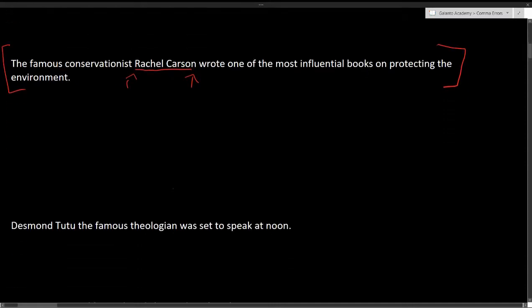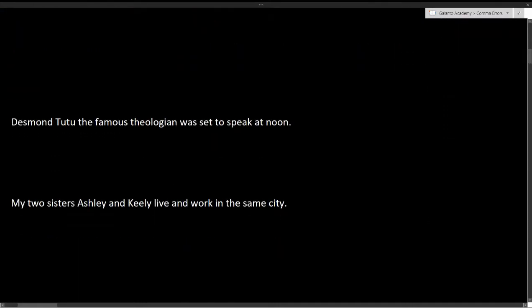So in these next two examples, there are no commas. We have to decide whether or not the appositives in here are essential or non-essential. Remember, non-essential means you need commas. So non-essential equals commas. Desmond Tutu, the famous theologian, was set to speak at noon. So our appositive here would be the famous theologian. So if we took that out,